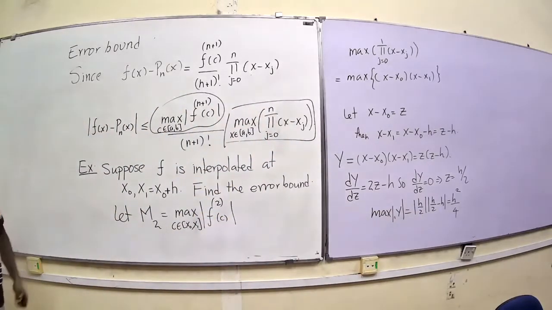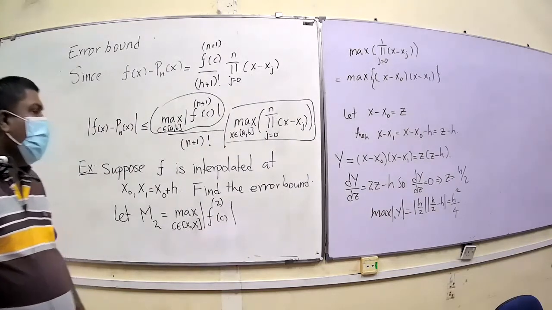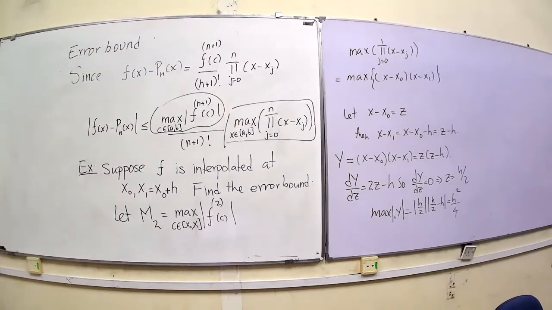Right, so this is A level math. Quadratic equation, finding the maximum, all of these you studied, I think even in O level, or at least definitely in A level. You must have studied how to find the maximum of a function. So this is a quadratic function, and this is one way of doing that.